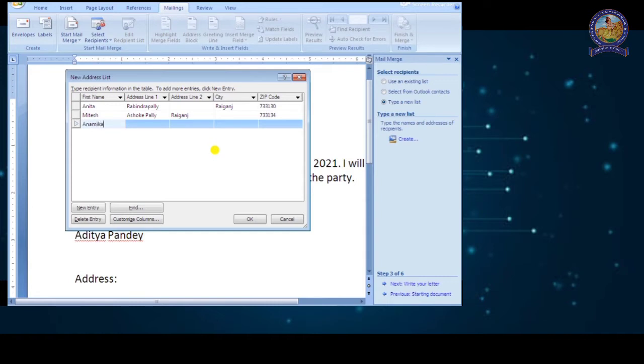Now the interesting point is that mail merge is not only for sending mails, sending a particular letter to many people just by changing the names and addresses. Mail merge can be helpful in many ways.